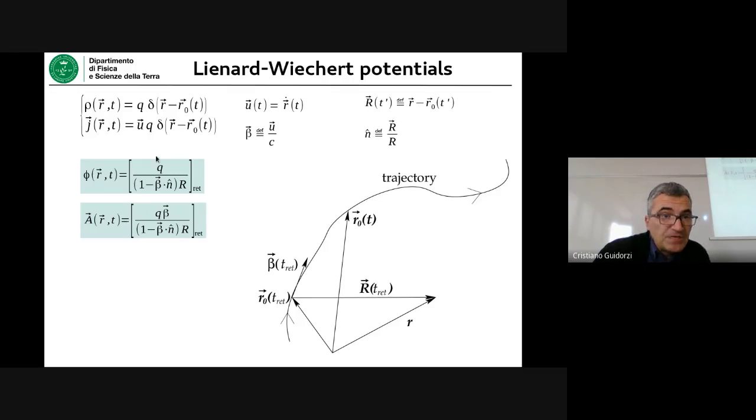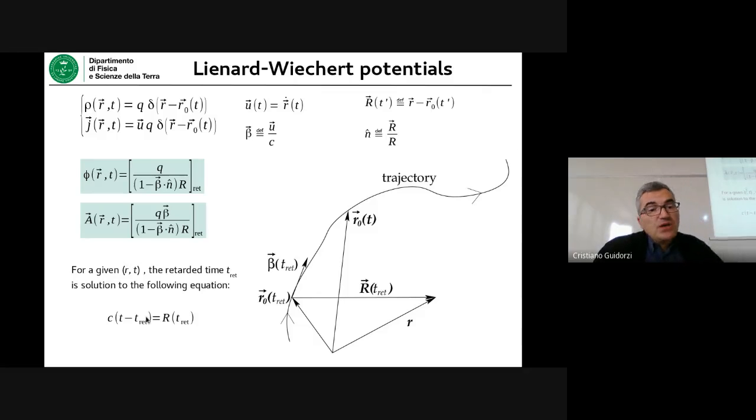But here the recipe tells you, I don't want the velocity and the position at the current time, but the position r and the velocity beta at another time, the retarded time. So how am I supposed to calculate it? Well, you have to